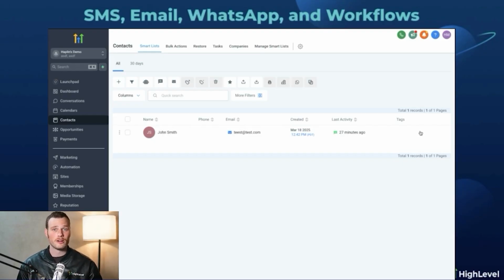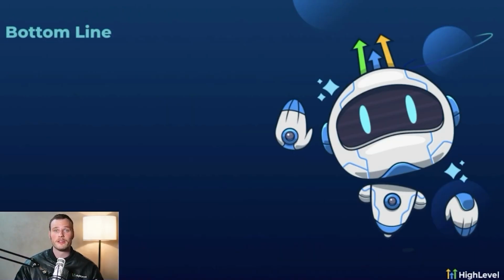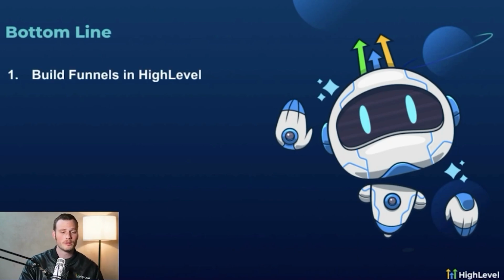That's really, really hard to do, takes a lot of organization, but when you do it with HighLevel, it's pretty much automated. All the infrastructure is right there to make sure that your list is automatically managed, that it's healthy, that it's compliant, and that you can have a very high degree of confidence in running this kind of reactivation type of tactic. So just to recap, kind of the bottom line here, using HighLevel, you can build and deploy